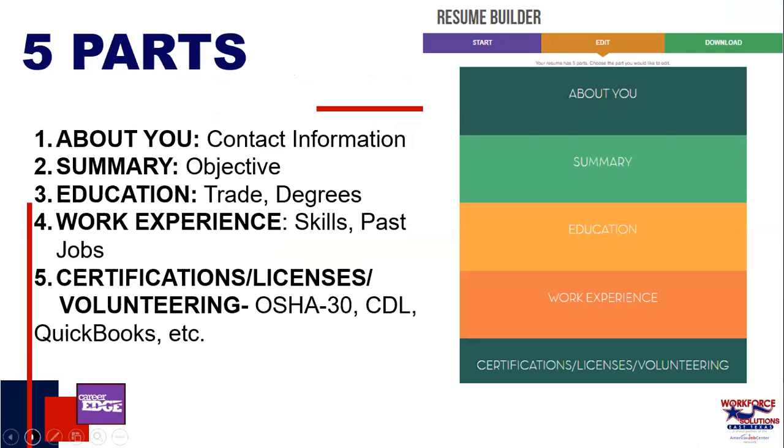All right. So here to the right, it shows you a color-coded block form of each section that the resume is going to be built in. There's a start, an edit, and a download. So it's very organized and simple to follow. So we're in 5 parts. The first part is going to be the About You section. This is going to contain contact information. The second part is going to be your summarization. So that's going to be your objective on the type of